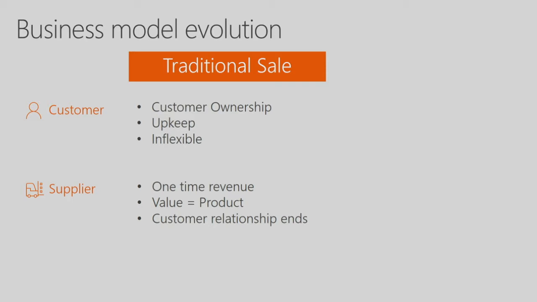From a customer perspective today, if you buy a product, it's your own, it's in your fixed assets. You have to take care about the maintenance, predictive, preventive maintenance. And sometimes it might be a little bit inflexible because at a current point, you might need this kind of equipment, this kind of material, this kind of environment, and your business situation might change. But then you have invested into certain materials, certain equipment, and you could sell it again, but then you lose money.